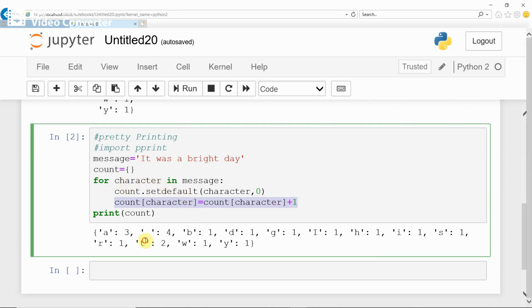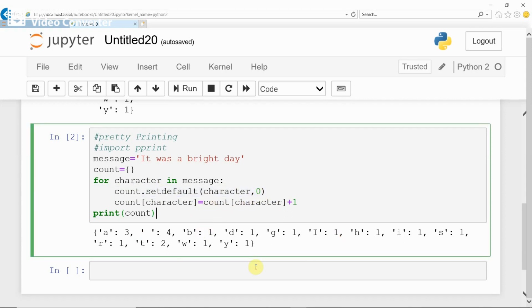Here the usage of setdefault is very important, which initializes each character count, each key value, to 0 when there is no value for that key. But once the particular key gets a value by incrementing, if that character is available, only that count will be incremented. Then the setdefault statement will not be executed for that particular key. I think you understood this.